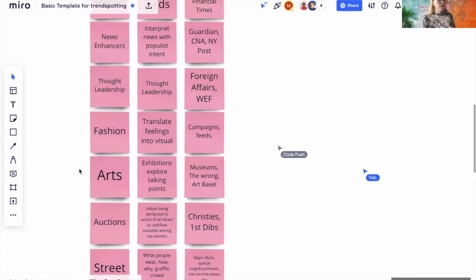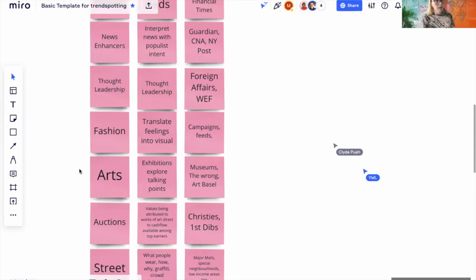it helps you understand how feelings are being translated into visual art, right? And into consumption. So if you look at fashion campaigns, video feeds, Instagram reels from certain fashion houses. If you look at arts, exhibitions, they explore specific talking points that are important in a